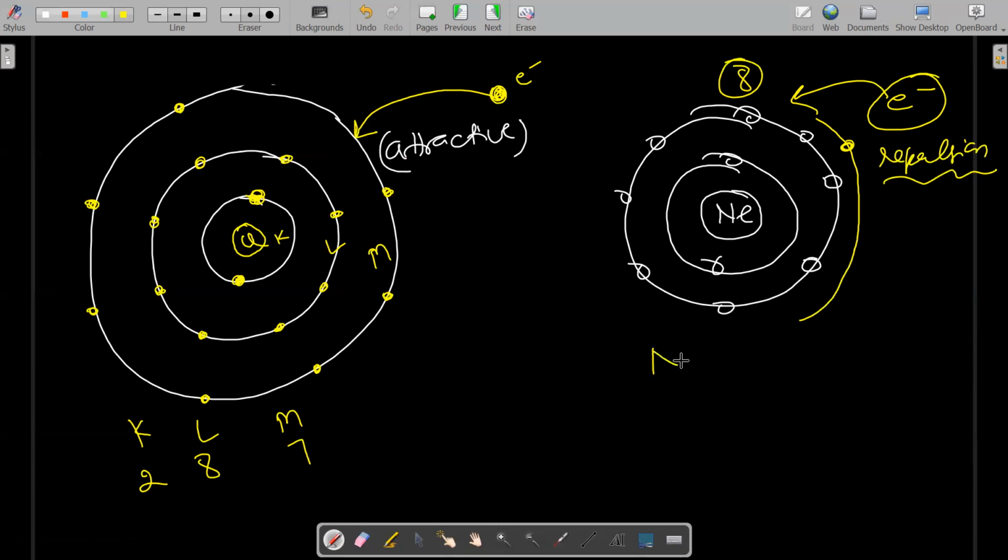So this is the reason noble gases have an electron gain enthalpy value that is highly positive. So chlorine has a high negative electron gain enthalpy value, and noble gas has a highly positive electron gain enthalpy value, because there is an ease of tendency to attract the electron to attain the stability, but an electron here cannot attract, but it will repel. And when repulsion is there, energy has to be provided.